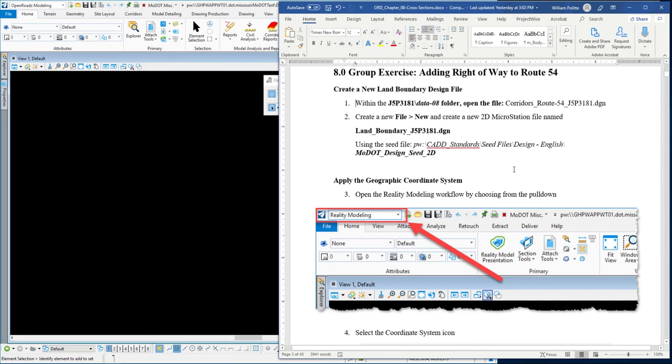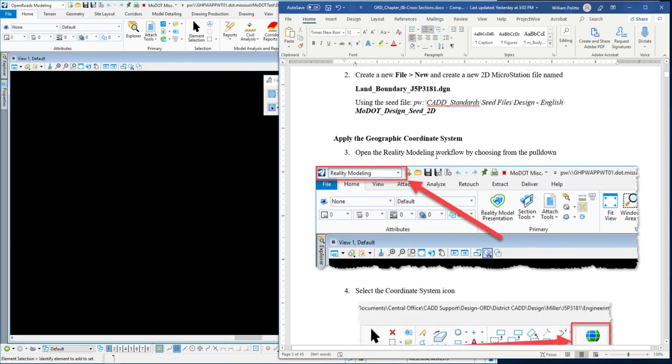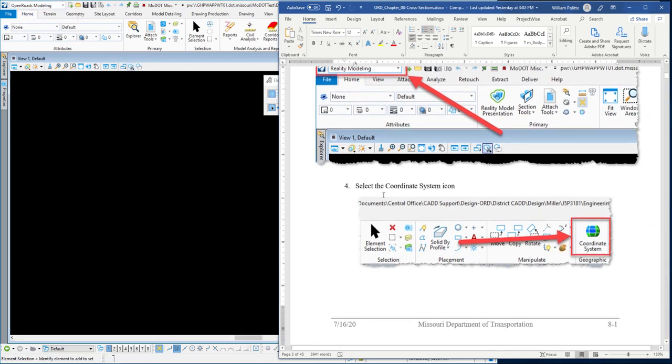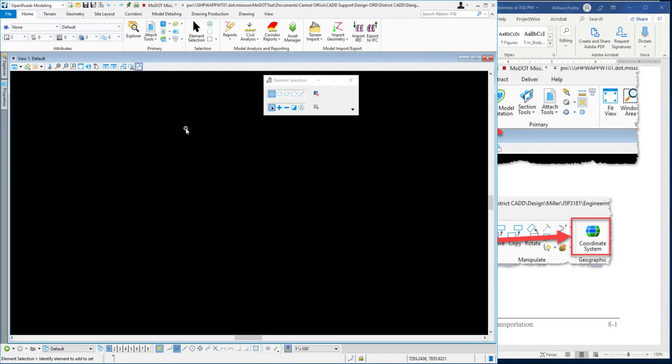Next thing we want to do is apply the geographic coordinate system. And you can do this by going to the reality modeling workflow. That is located in the upper left-hand corner of MicroStation. So we can do that by hitting that pull down, and then once we change the workflow, then we'll have options come up, new tabs, and a new ribbon. And on that ribbon, we're going to be looking for a coordinate system. So let's do that. So I'll go over to the Open Roads Modeling pull down, change it to reality modeling,